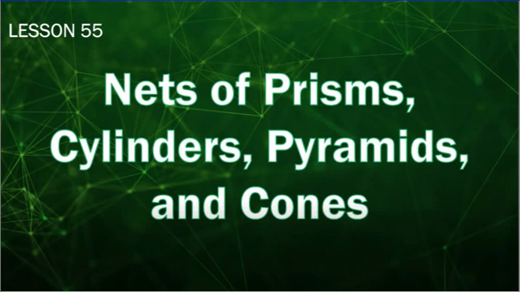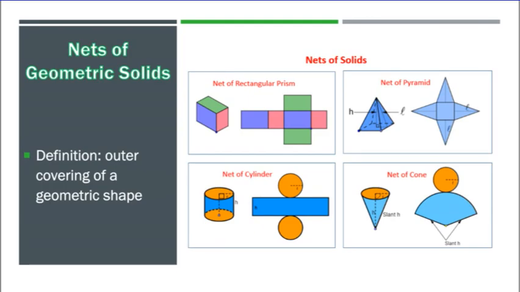Lesson 55, nets of prisms, cylinders, pyramids, and cones. So first off, what do they mean by a net? A net is just the outer covering of a geometric shape. So if you were to take a box, such as this net of rectangular prism, and you pull or undo